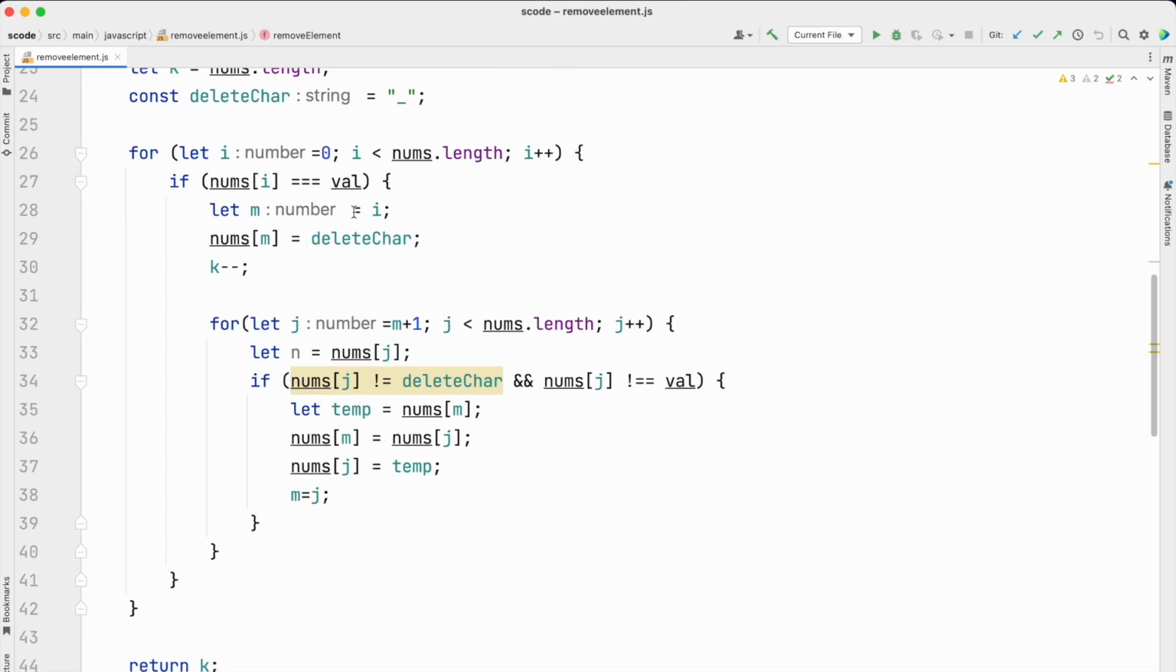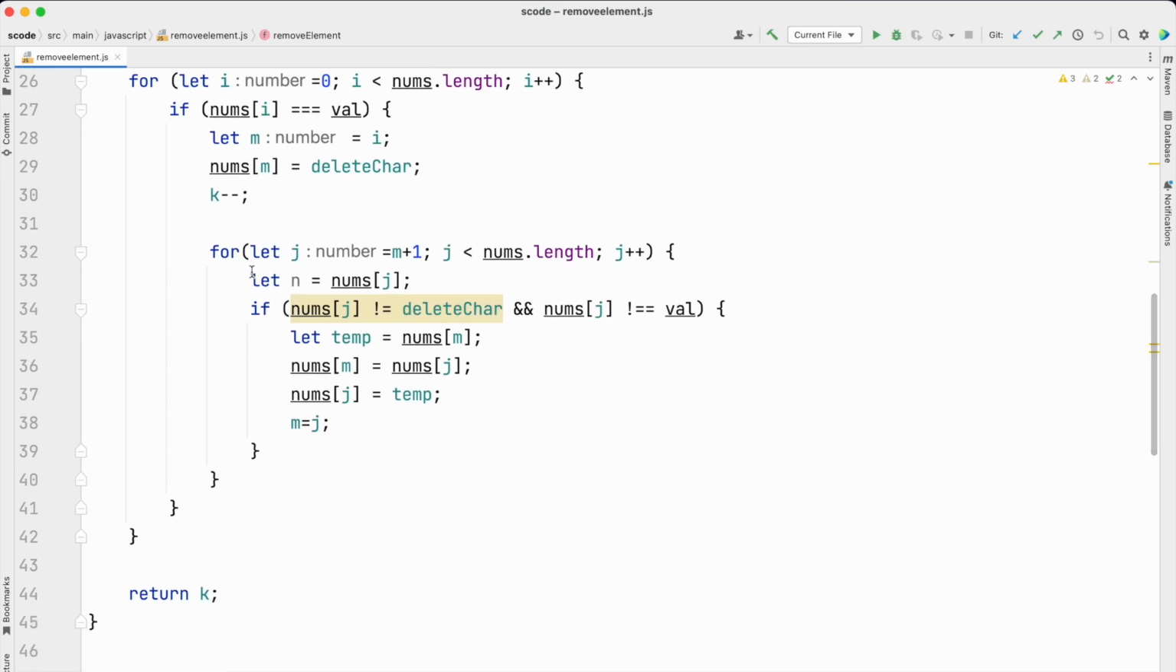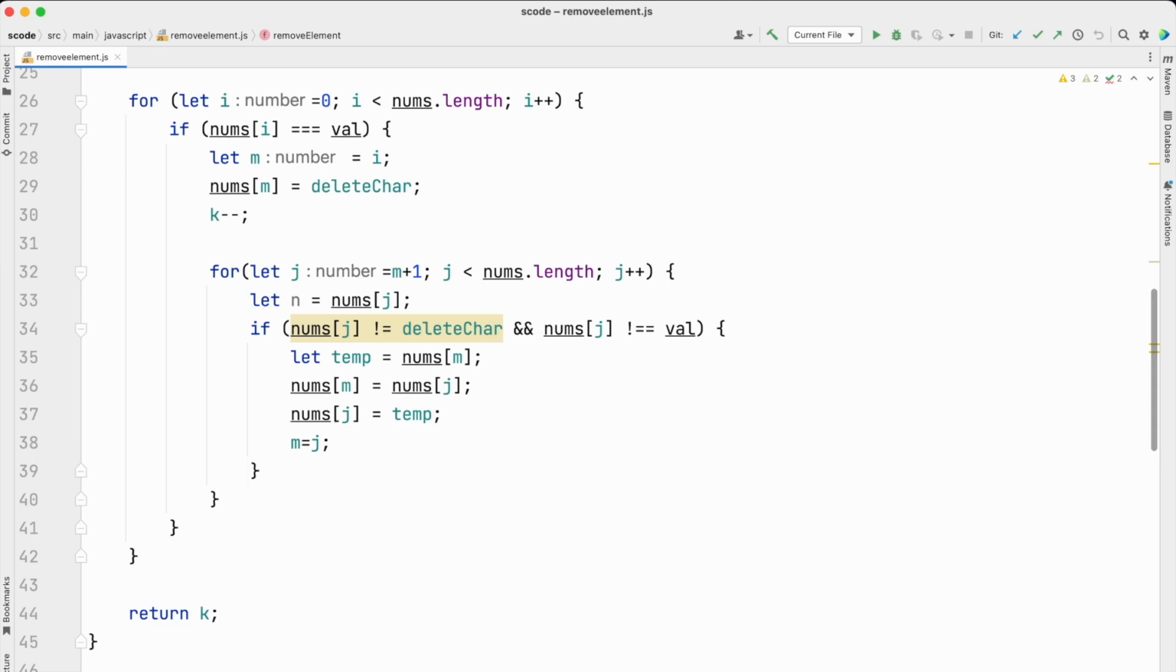We create a copy of I by assigning it to this variable m. And you can see here, as we saw in our algorithm view, we go ahead and decrement k. Now, this for loop here is performing all of our swaps. So the starting position, which is going to be j, is going to be m, which is a copy of